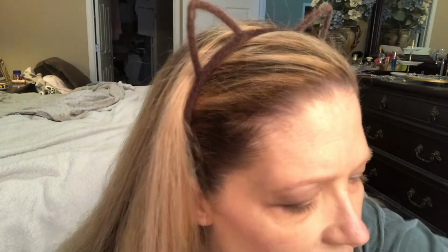But I've just been going in with, let me see if I can find what I did with my concealer. Here it is. I've just been using the Urban Decay Naked Skin Concealer, and this is in the color light. I think it's light warm. I usually go with neutral, but you know,